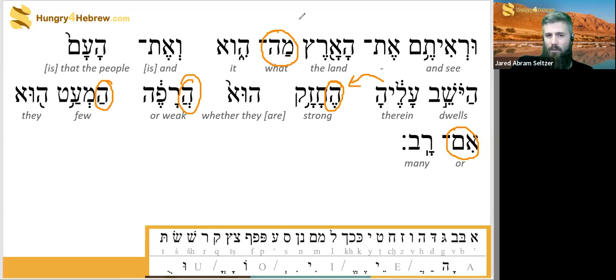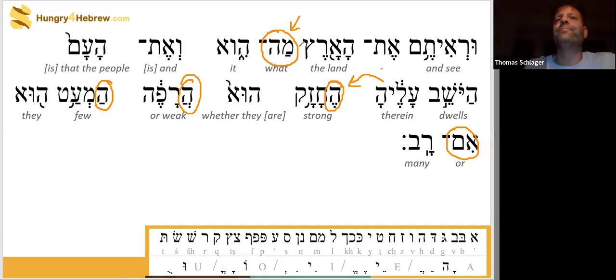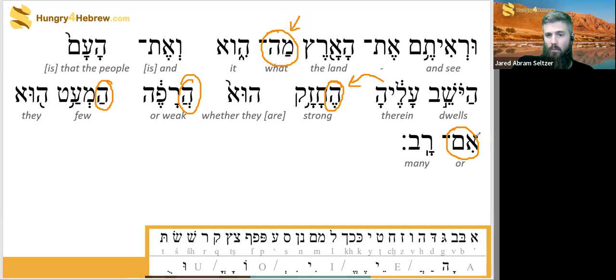What I would point out though is we already know that Moses is asking questions because of up here, at the beginning of the verse, we have a question word. We know this over here is also a question word, which is loosely translated as whether, like also a yes or no question. However, in modern Hebrew, we would translate it as if. Biblical, it's a little different. It can be if, whether, yes, no. So the heys in here, if they were definite articles, it would be really hard to fit them in.